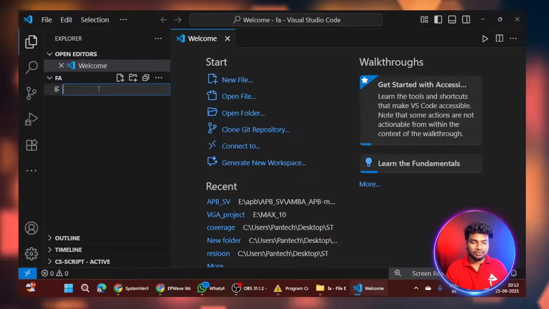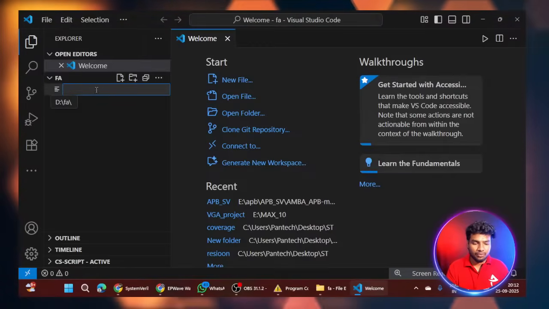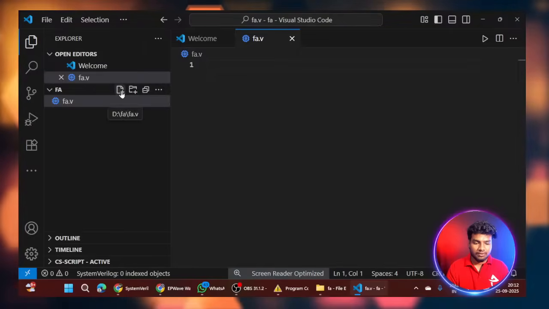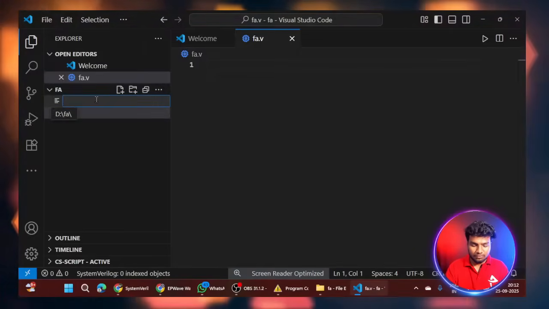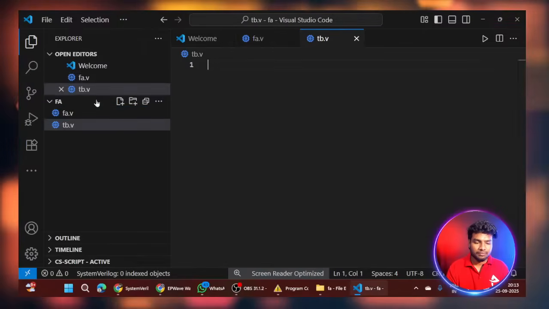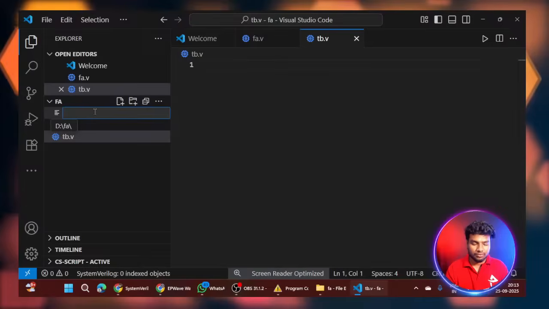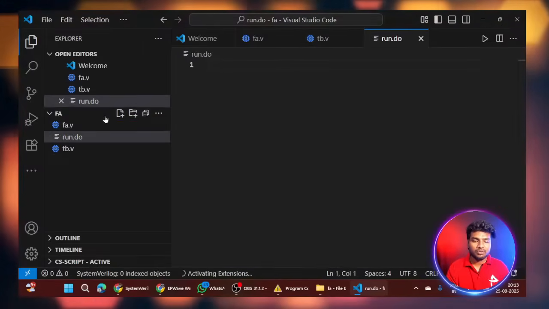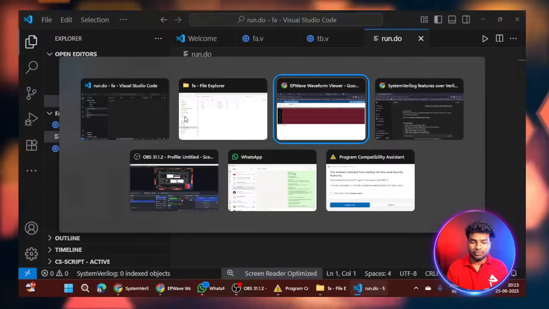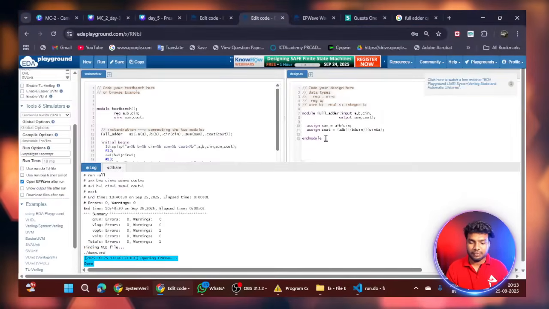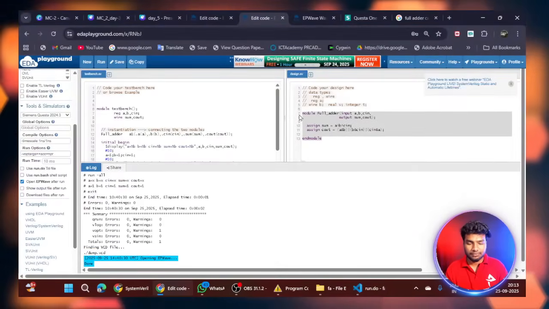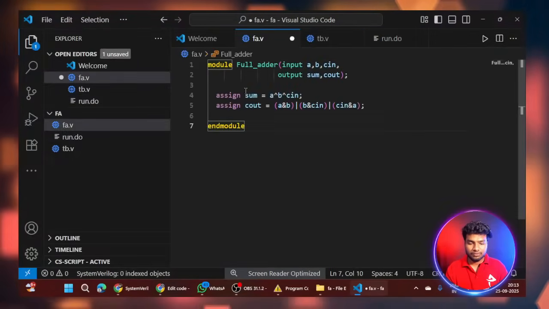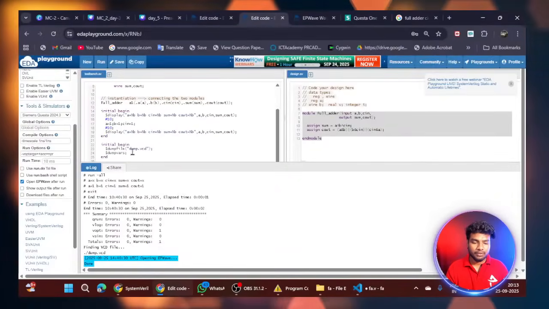So I have quickly written some design code. I will show you the output of the full adder code. I'm going to use one different tool, Costa Sim. I will show you in upcoming days how to use it, but I will show the output here now. See the design code, and then this is my test bench code.